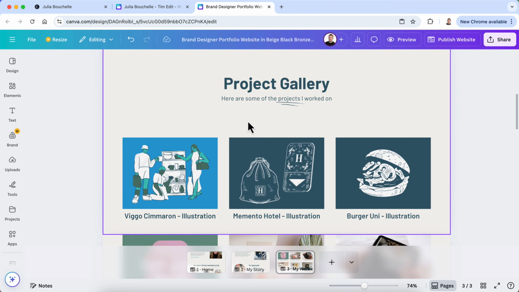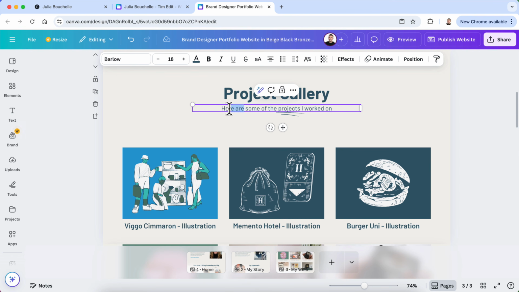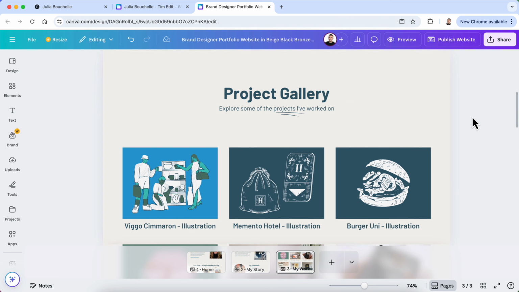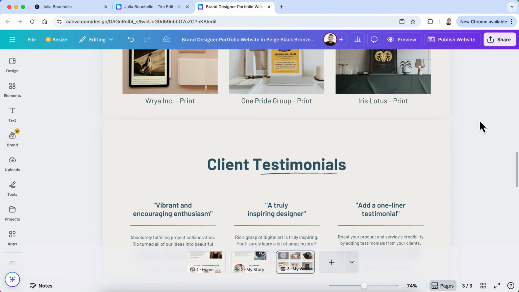And then we have project gallery. Here's some of the projects I worked on. Let's do explore some of the projects I've worked on. I like that. All right. Now,